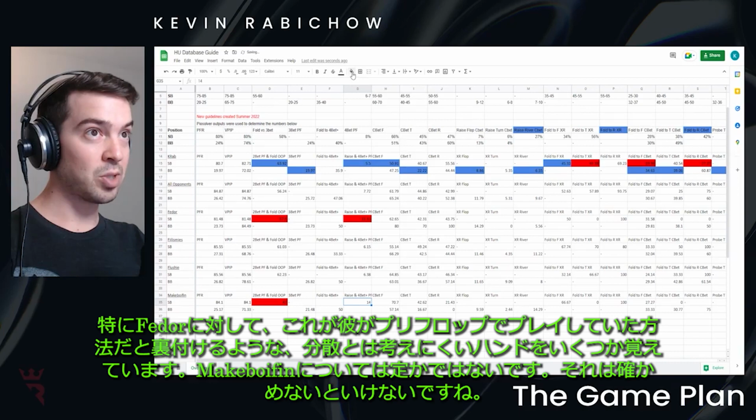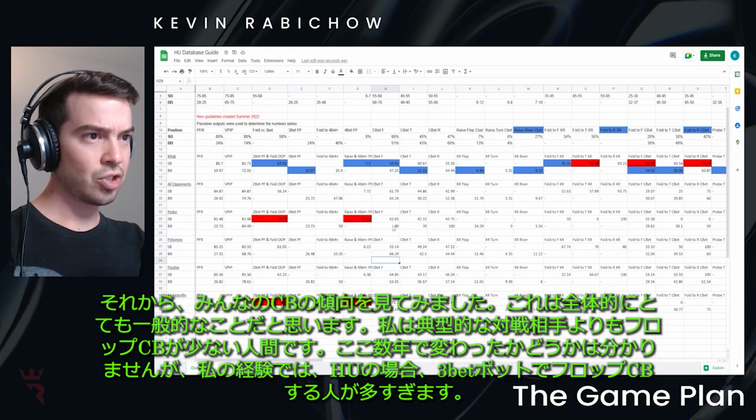Now, I remember some hands specifically against Fedor that corroborate that this was not variance, that this is just the way he was playing pre-flop. I'm not so sure about Make Boyfin. That's something that I would have to check. Then just looking through everyone's